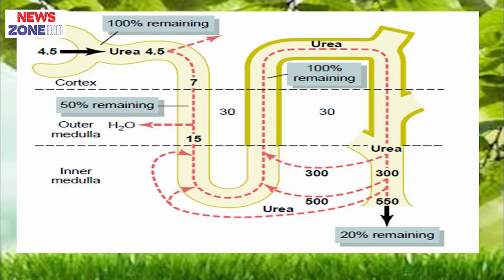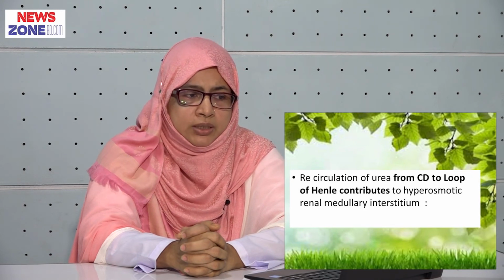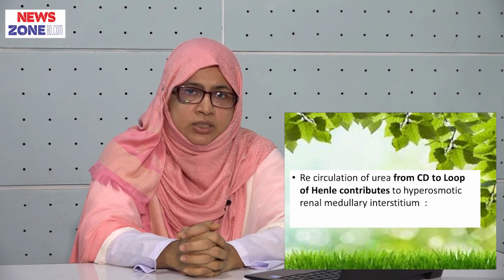You can see in the figure, in the proximal convoluted tubule, a small portion of urea is reabsorbed. Then in the descending limb it is not reabsorbed, and in the loop of Henle, which is less permeable, urea is secreted here. The thick ascending limb, distal convoluted tubule and collecting duct are the urea impermeable segments. So, in these segments urea is not reabsorbed, but in the presence of ADH, water is reabsorbed.